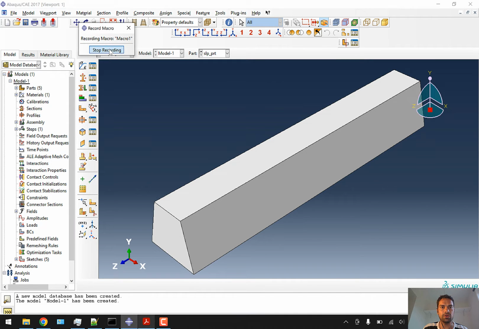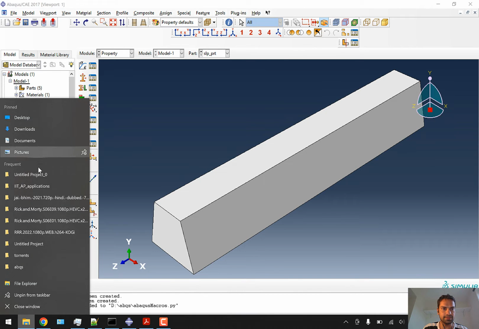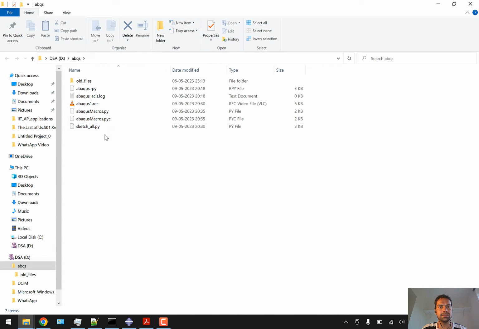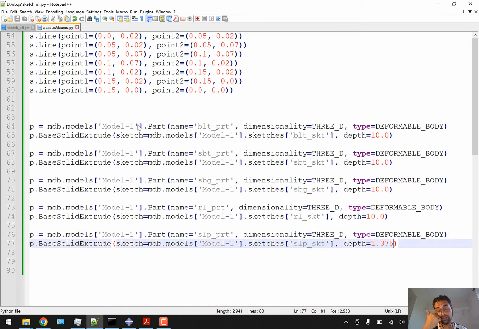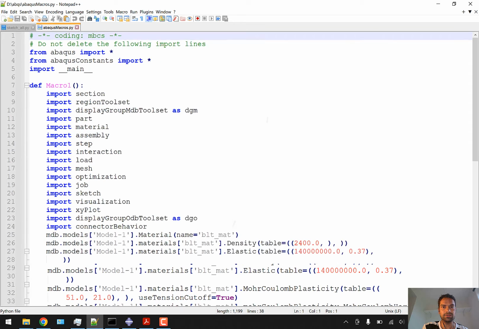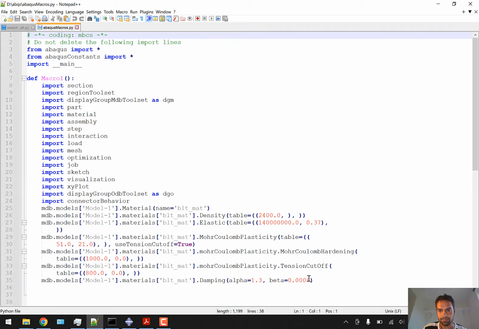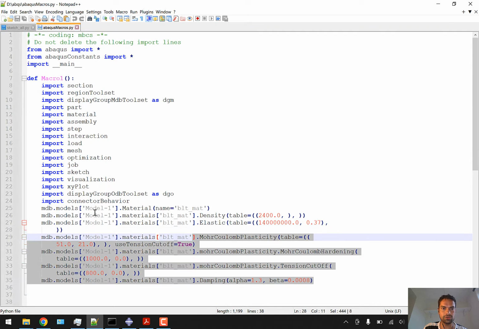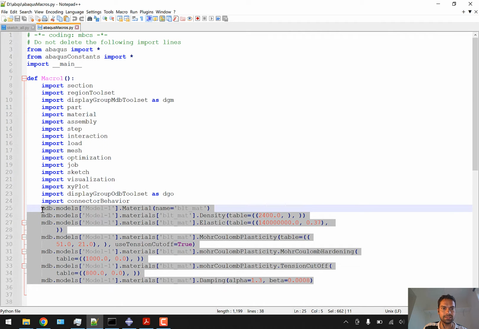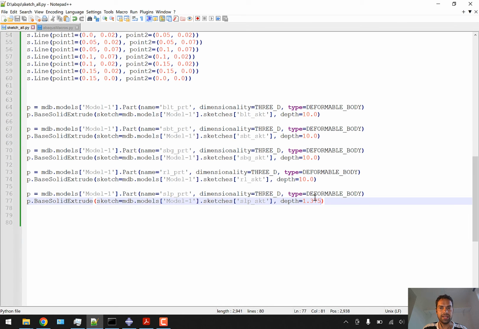I will just stop recording now and go to my working directory, which is ABAQUS. Here we have the macro. We'll open the macro using Notepad++, and I'll just zoom out a bit. Now this is the material property creation dialog. I'm just going to copy this code, which is the major part of the macro, and paste this in our main file